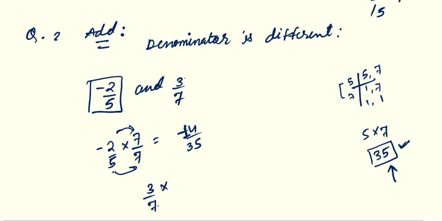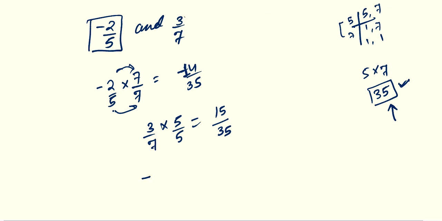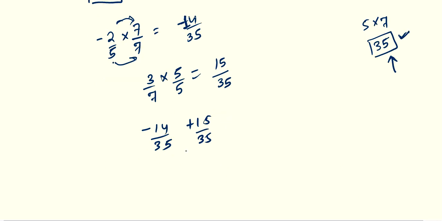Then the denominator is 7, and 35 is a multiple of 7. You know very well, 7 fives are 35, so 5 by 5. From here we are getting 5 threes are 15, 7 fives are 35. Now addition is there, so we have to write minus 14 by 35 plus 15 by 35. The denominator is the same now, so write only 35. Minus 14 plus 15, minus and plus, but the positive value is bigger here, 15. So 15 minus 14, you know very well, is plus 1. So plus 1 upon 35. This is your required answer.